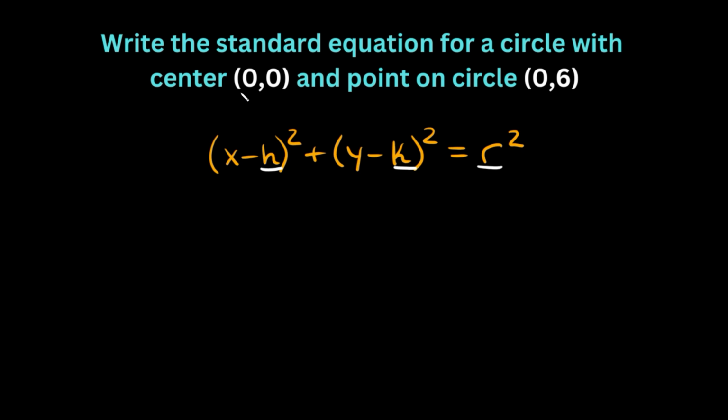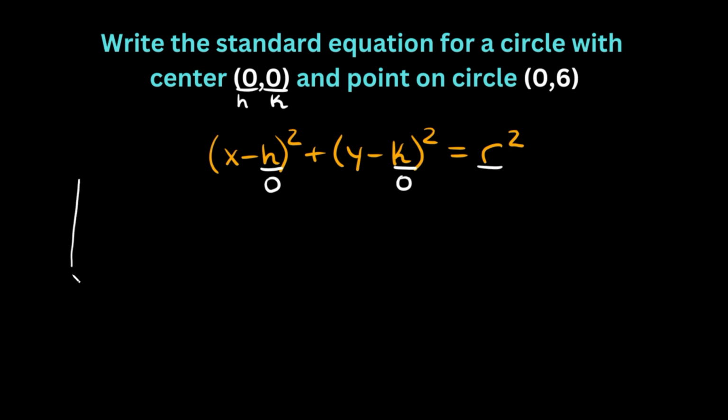So here it says that the center is at 0, 0. Okay, so this is what we're going to plug in for h and k. So we're going to plug in a 0 right here for h and a 0 for k. Okay, now we have to identify what the radius is, and to do that, since it's not given, maybe a